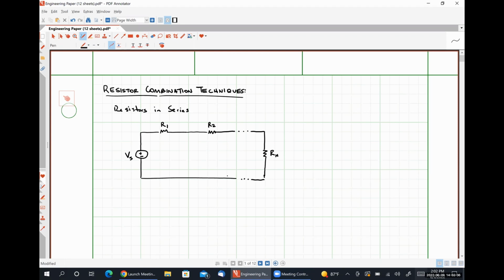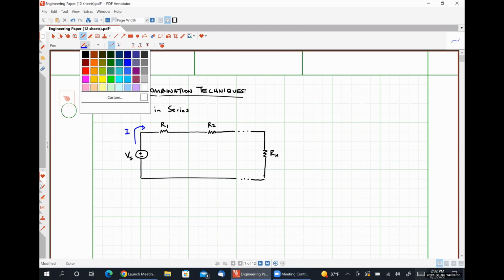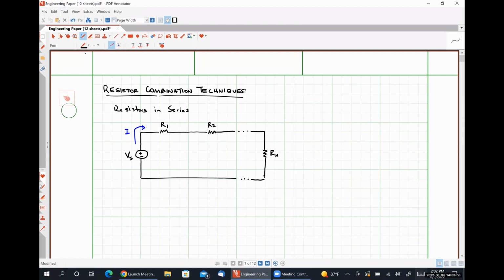This is an example of a single loop circuit. And what I mean by that is all of the elements are connected in series. Since all of the elements are connected in series, they all share a common current, which I will label I. Using Ohm's law, we can express a voltage drop over each of these resistors. So let's call this VR1. Let's call this VR2. And finally, let's call this guy out here to the right